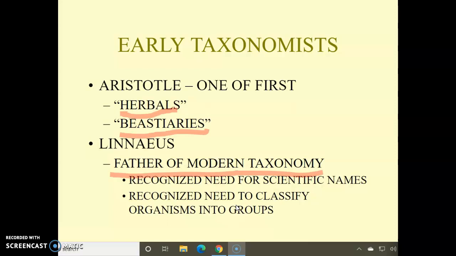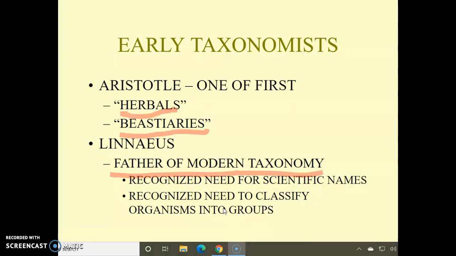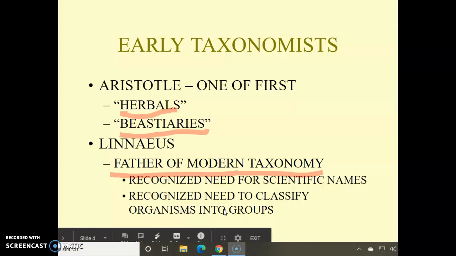And then we have the father of modern taxonomy, known as Linnaeus, and we'll be watching a video with an interesting segment on him a little bit later. But he is the father of modern taxonomy, and he recognized the need. At his time in history, things were being discovered more and more, and the plants were being sent back from America to Europe, all the different new plants, and they were having to figure out ways to name all these things. And you'll see in the video there's a very interesting segment on what the tomato plant was called, the simple tomato at that time. So he was the father, and there's some things listed underneath that.